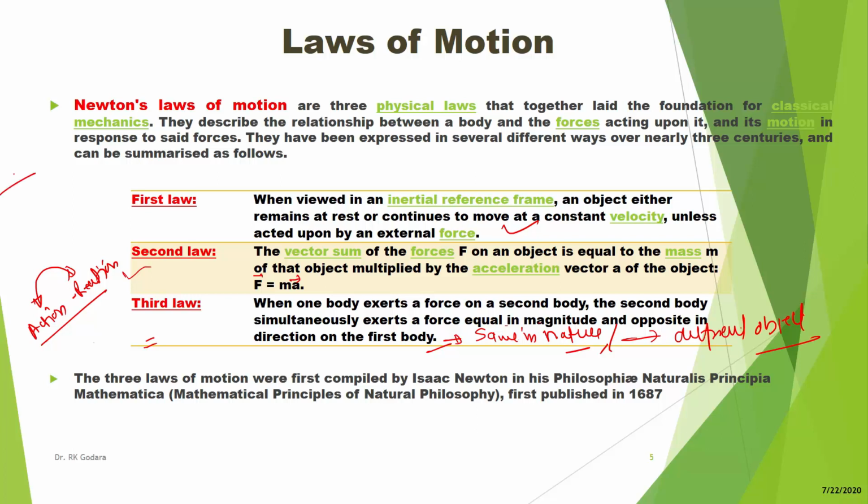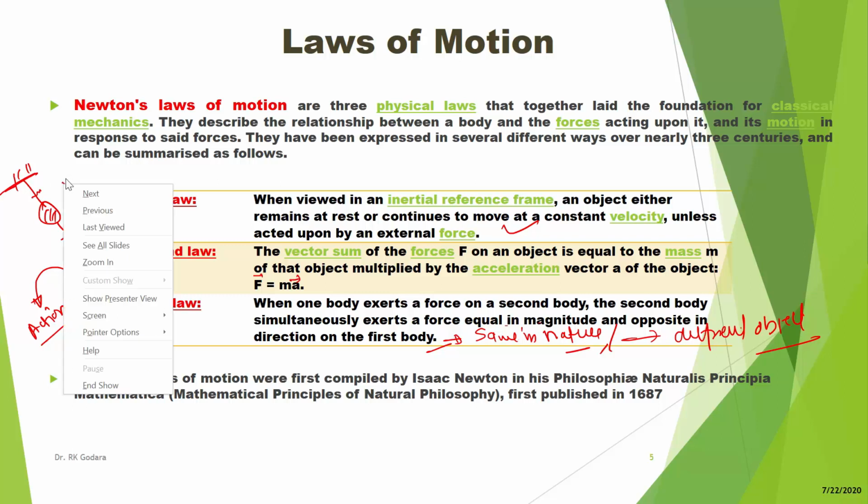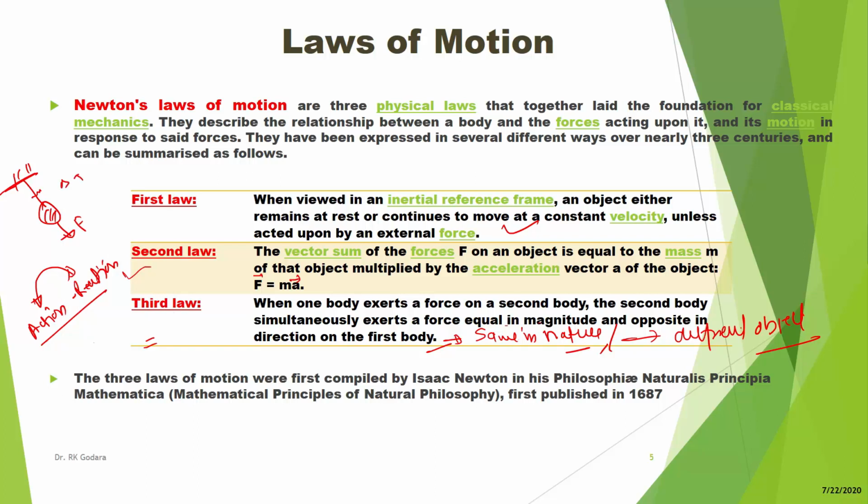So suppose there is a cord and this is some mass, and we are trying to pull this in this direction. If we cut here, then we can make the free body diagram of this, and this will be the tension over this cord. Then the action-reaction pair of this tension will be the tension only, and that will be in this part. So we can say equal in magnitude, opposite in direction, same in nature, and acting on different objects.